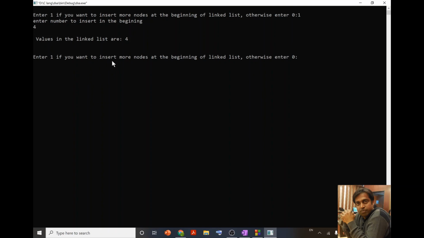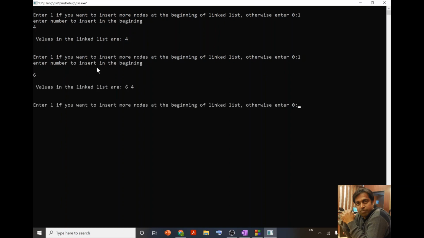If I enter 1 again, it asks for a number to insert. If I put, say, 6, then it displays values in the linked list are 6 and 4. You can see that this new value is inserted at the beginning, before 4, so it is inserted at the beginning of the linked list.